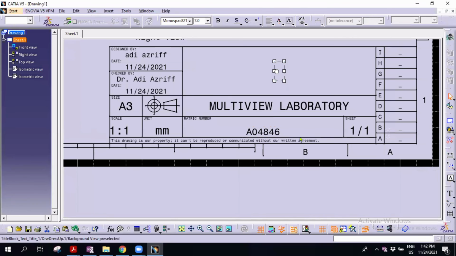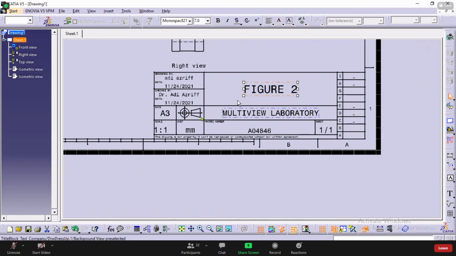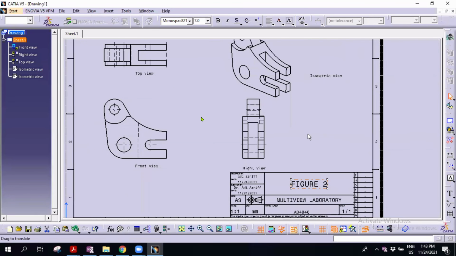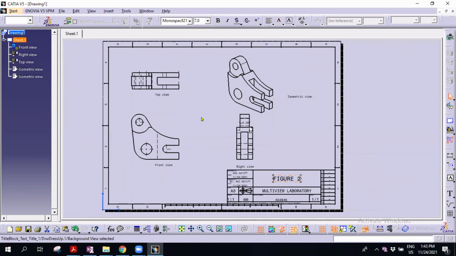So this one should be figure 1, figure 2. Then name, lecturer, and the rest. So this is the third angle projection of this drawing.